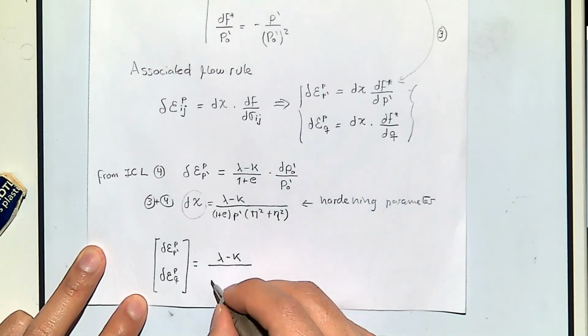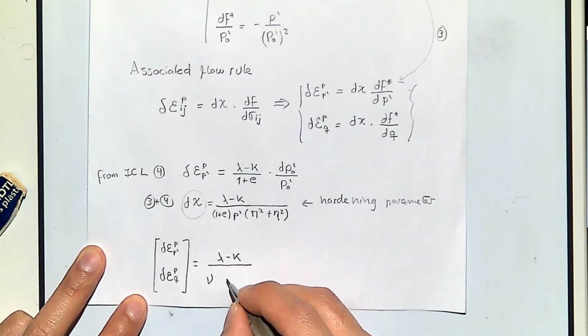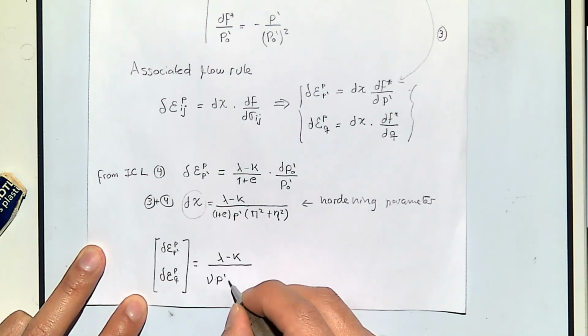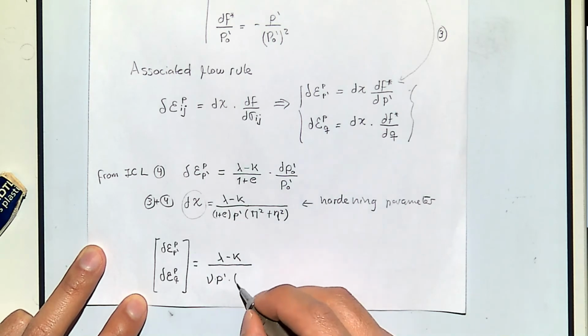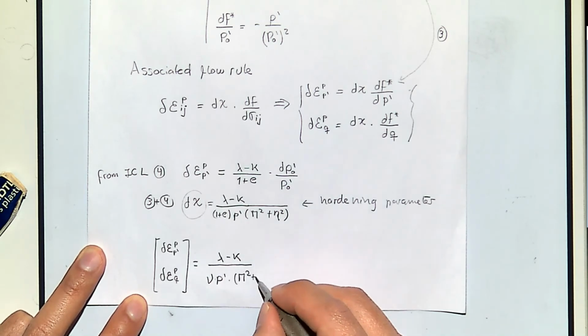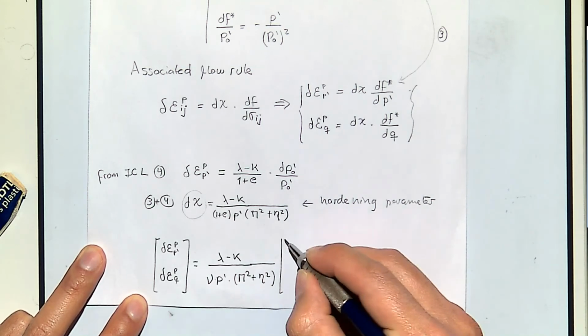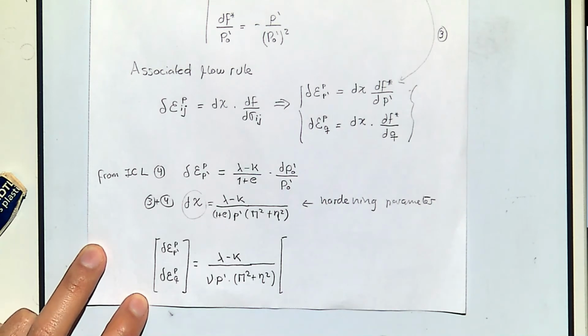I'm going to put it the same as in the equations I gave you using a specific volume, but it is just the hardening parameter. That's going to be the common factor times now